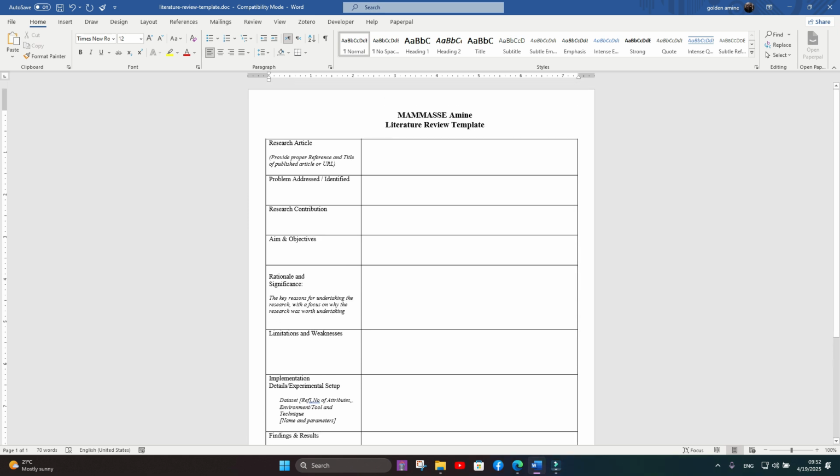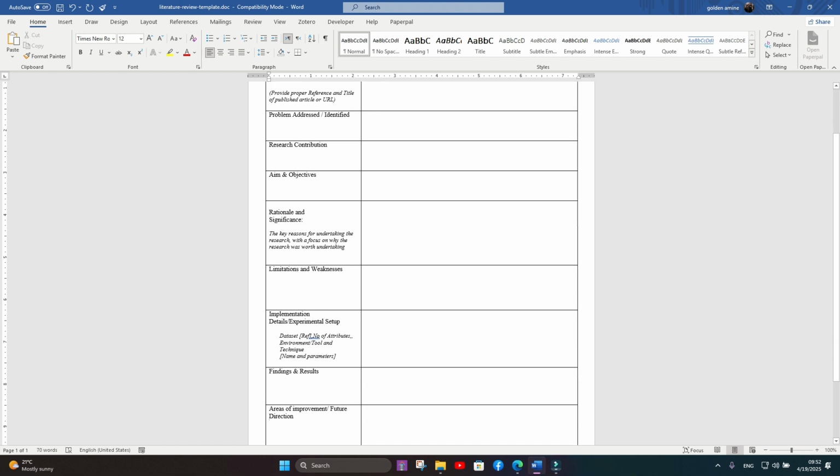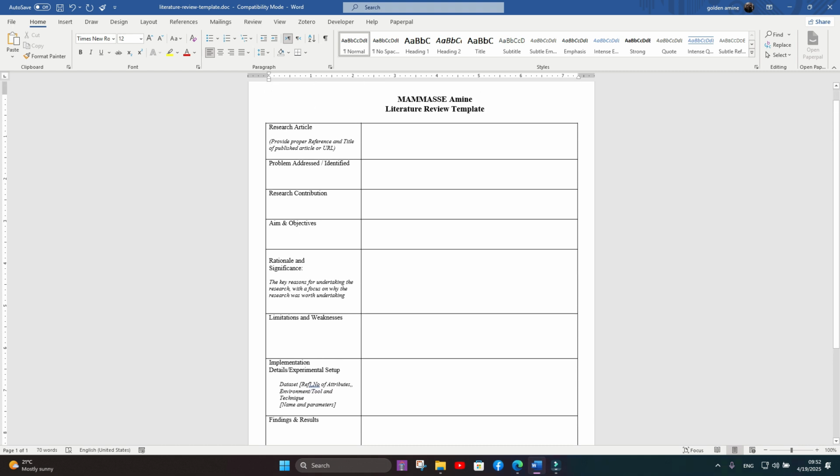So here is my summary of the literature review. I made a table like this, and I provided all the necessary information here. I didn't make it by my own; I asked ChatGPT what the research contribution is and what the objective is in simple sentences, one or two sentences, and once finished in here,